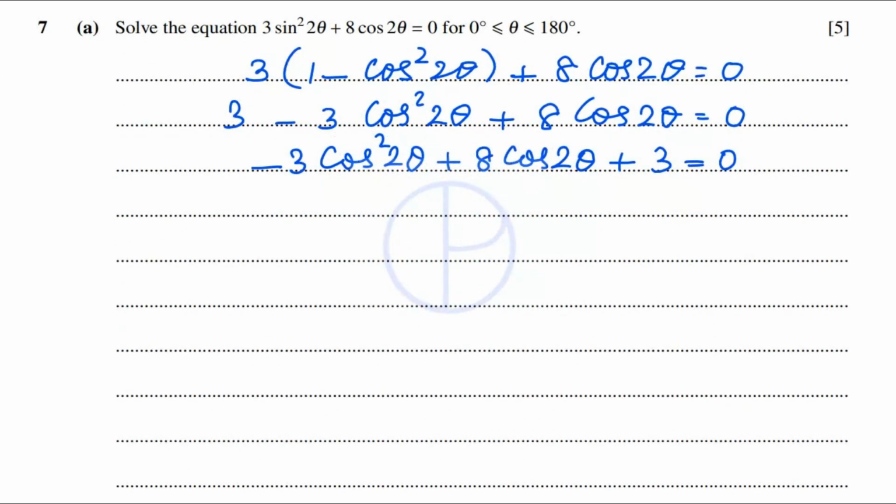To solve this, let's use the quadratic formula. Cos 2 theta is equal to minus b, that is minus 8 plus or minus square root of b square 64 minus 4 a, and a is negative 3, so this will become positive, multiplied by 3 divided by,